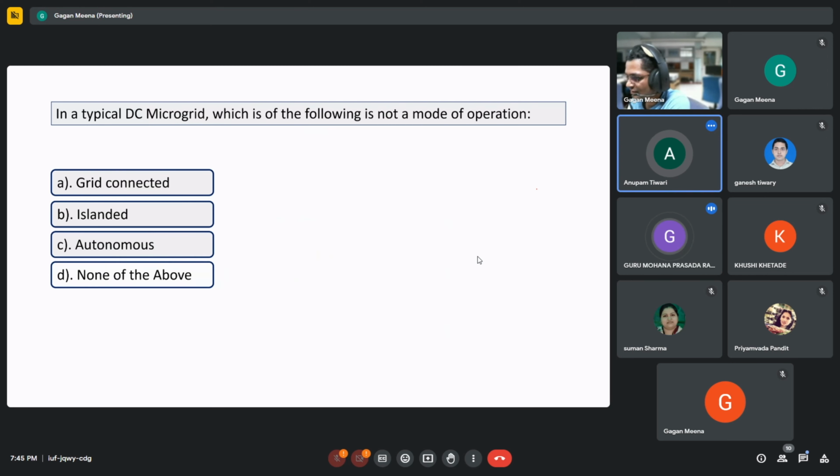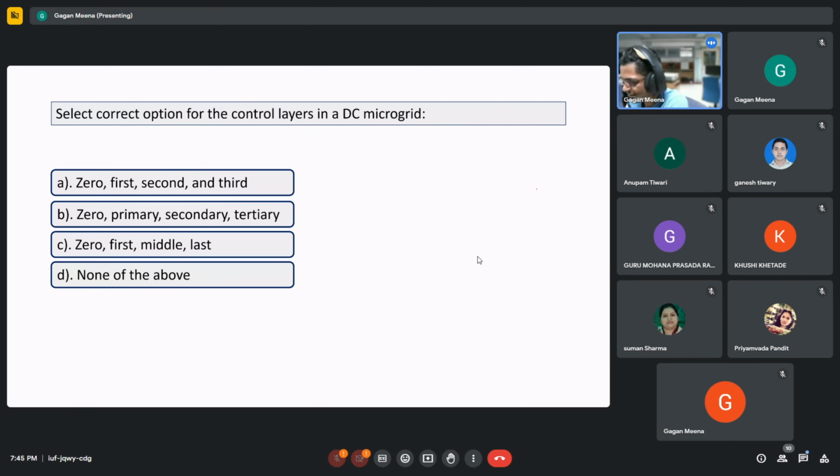Autonomous. It's autonomous. D, none of the above. Autonomous is also none of the above. None of the above is correct. So we'll see that autonomous. I was talking about the-